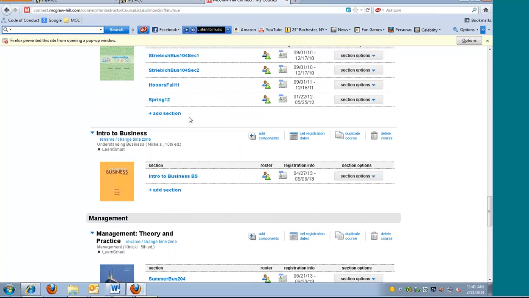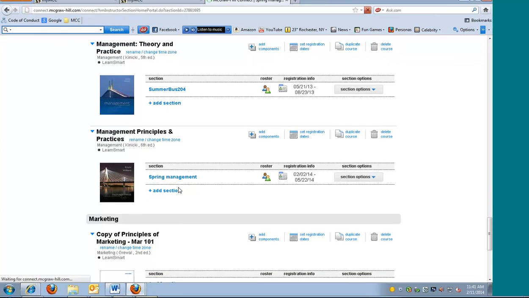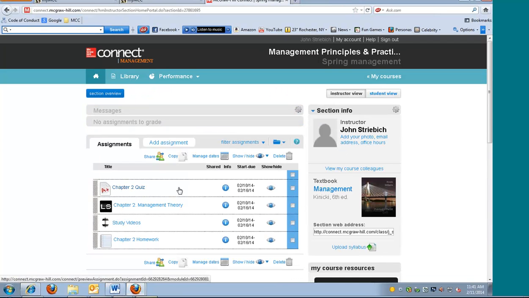You would have your different books. You would have your different courses with your different semesters. So I'm going to click into my spring management, even though this doesn't feel like spring, it is spring semester. And what I have set up here is what I call a module. And what I do is I set up my modules